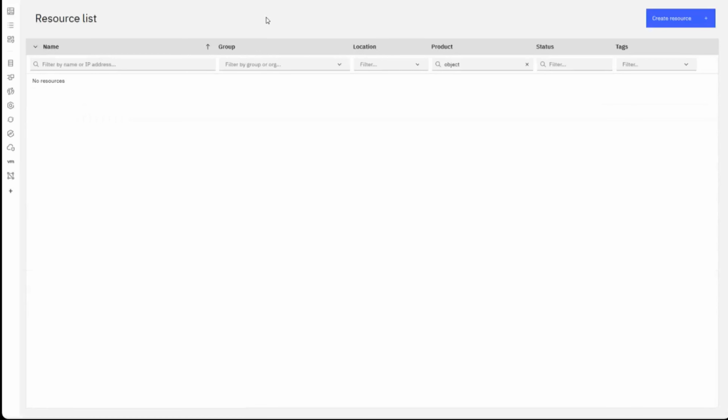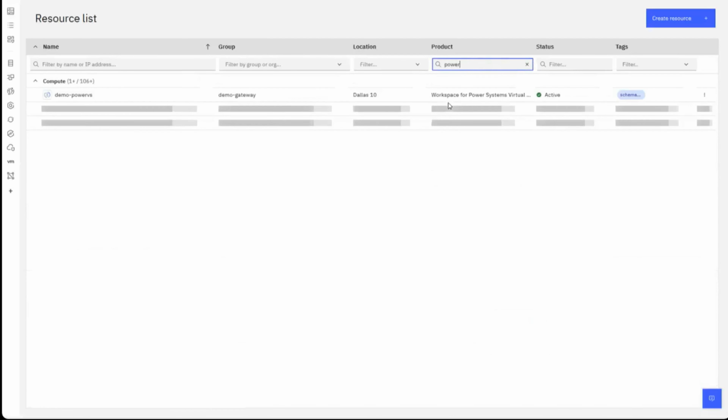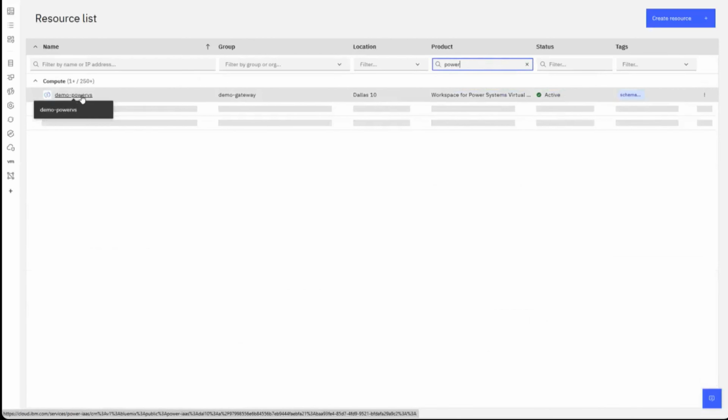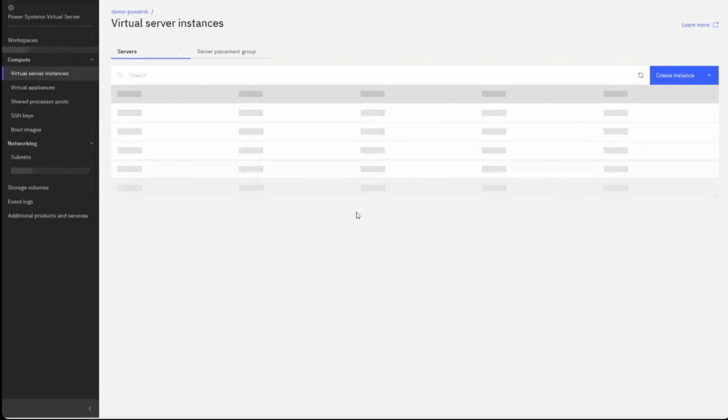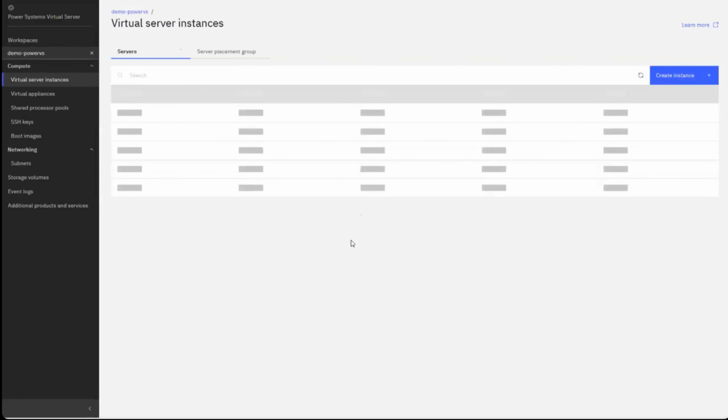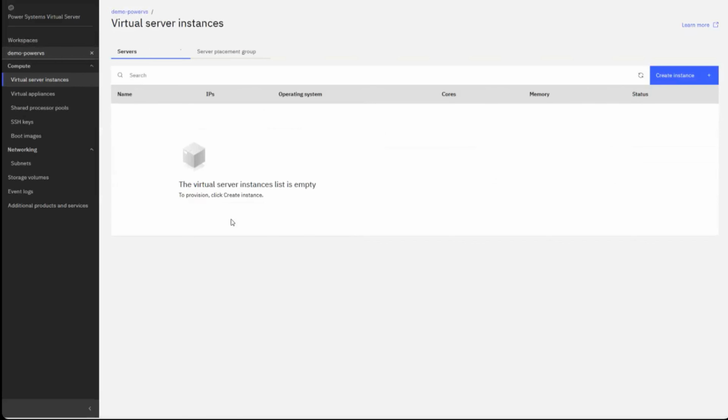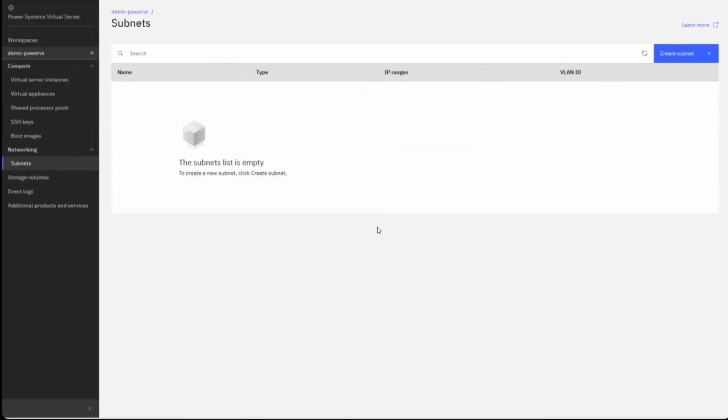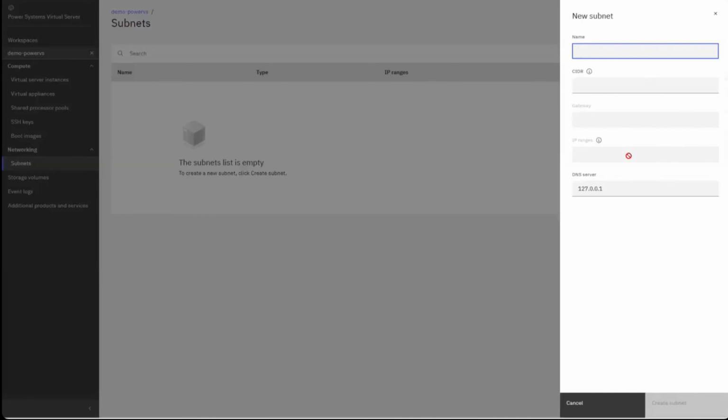And it takes us back to the resource list here. And we need to change our product to Power. And we can see that we have a demo Power VS workspace. So I'm going to click on that. It'll take us straight to our virtual server instances here. First thing we'll need to do is create a subnet, because this is an empty Power VS workspace. So click on subnets. We're going to create a subnet,